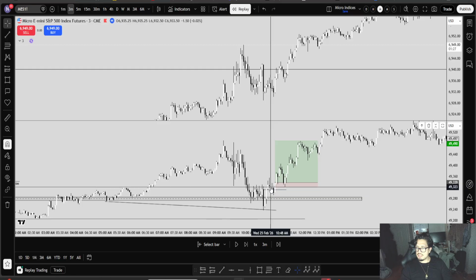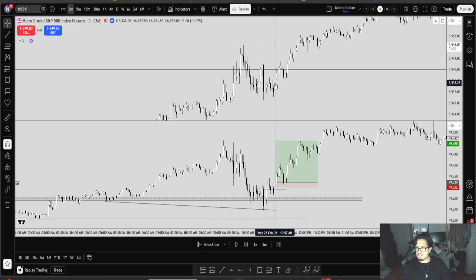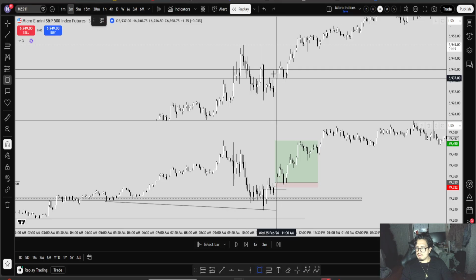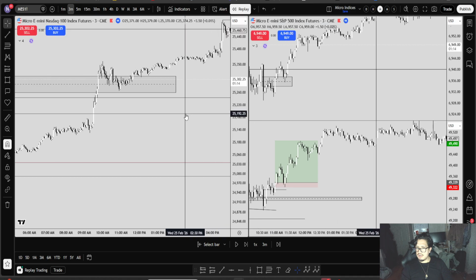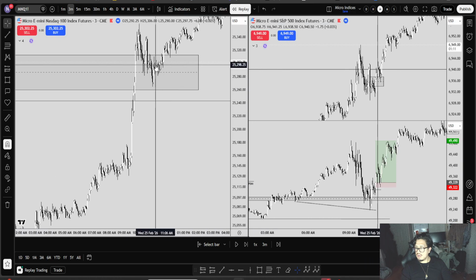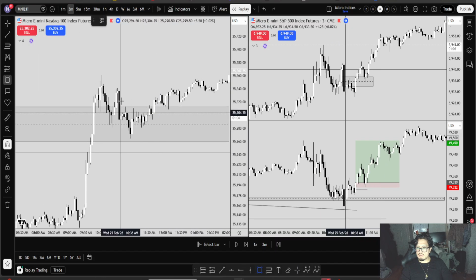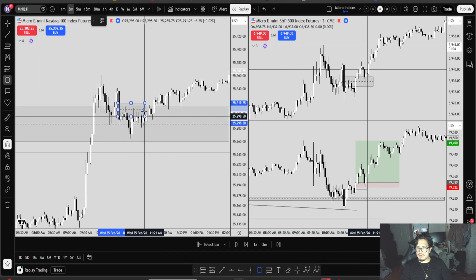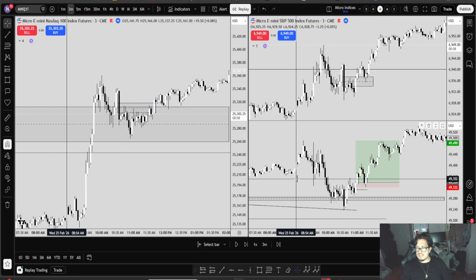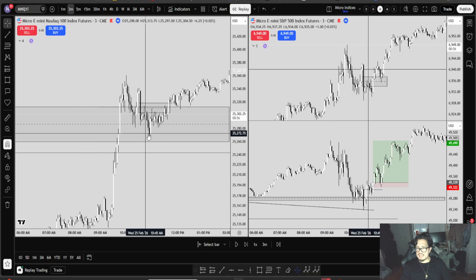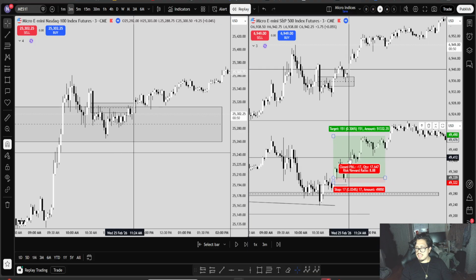Yeah, you can see how it was a little tricky, because while this V-shaped, look what ES was doing. It was still respecting its inefficiency here, and then same thing with NQ. So it was still respecting the gap, which wasn't a surprise now that I'm looking back, because this was a strength switch. So as this consolidates, this is catching up, right? So that's something to keep in mind.